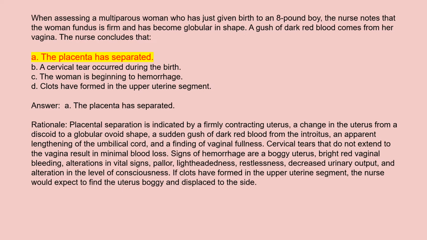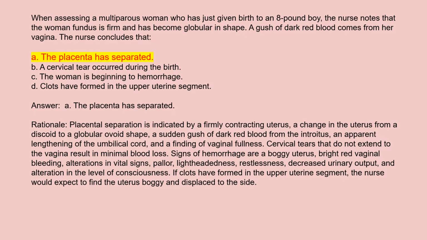Signs of hemorrhage are a boggy uterus, bright red vaginal bleeding, alterations in vital signs, pallor, lightheadedness, restlessness, decreased urinary output, and alteration in the level of consciousness. If clots have formed in the upper uterine segment, the nurse would expect to find the uterus boggy and displaced